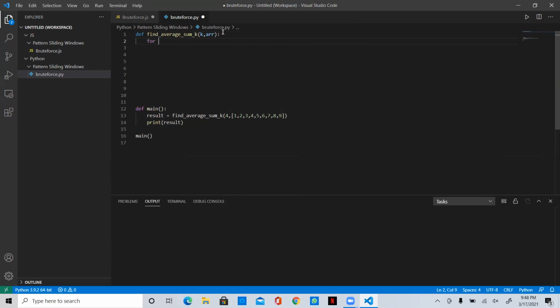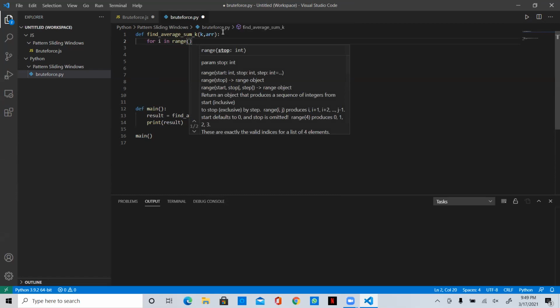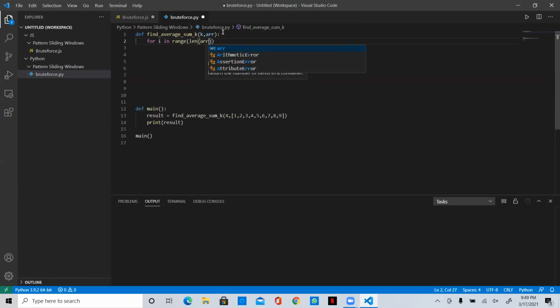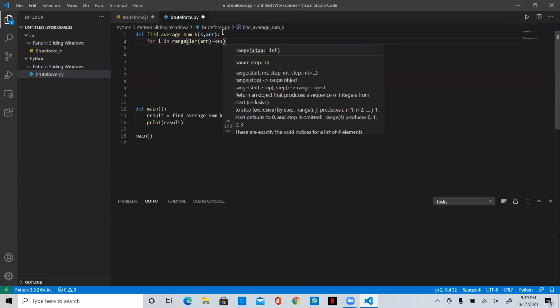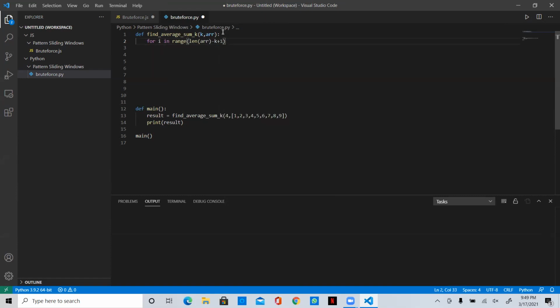For i in range of len of array minus k plus 1, right?